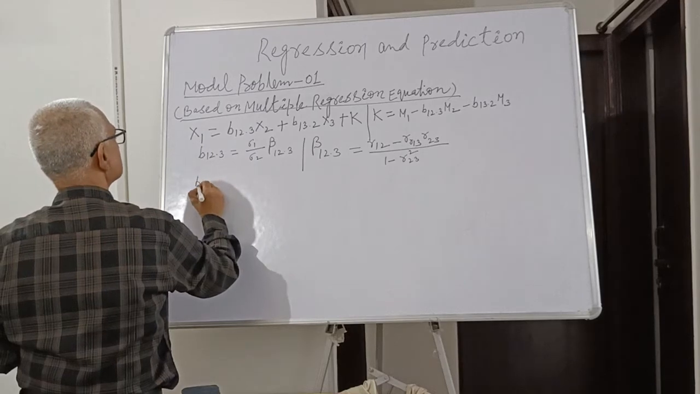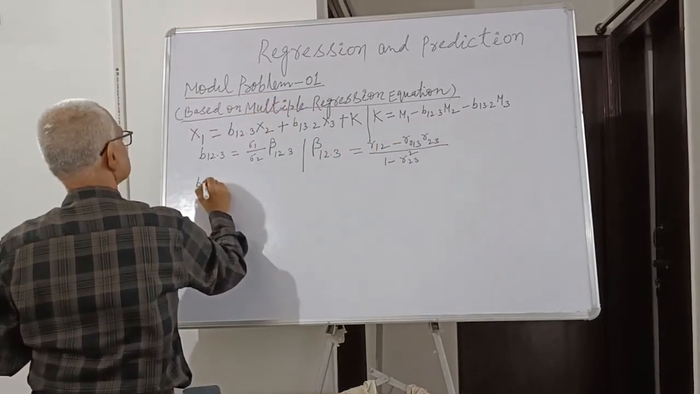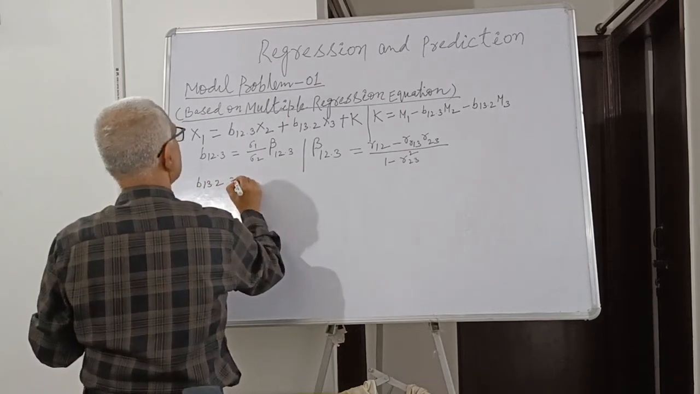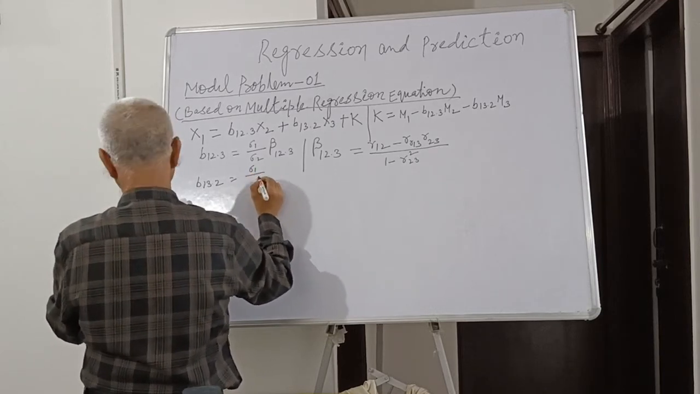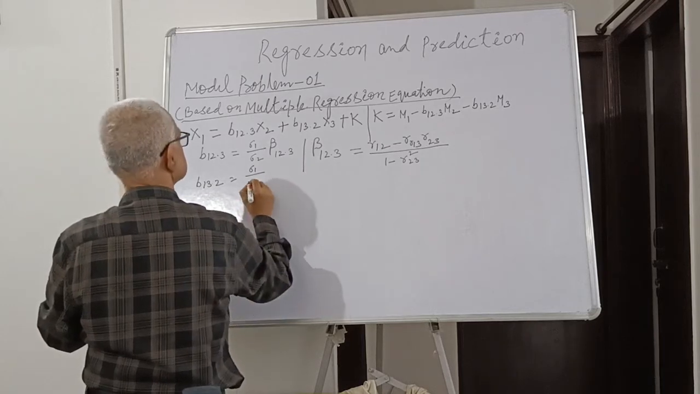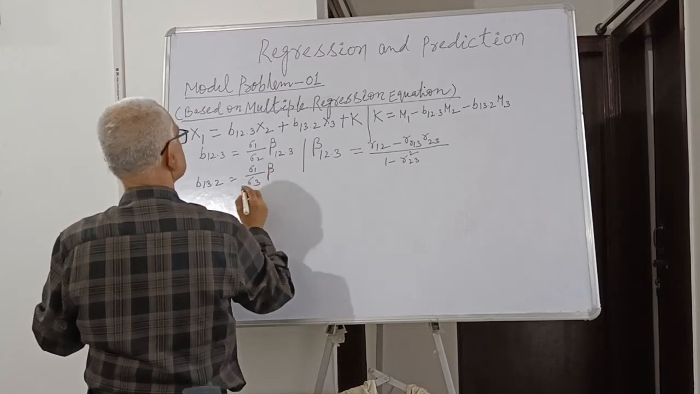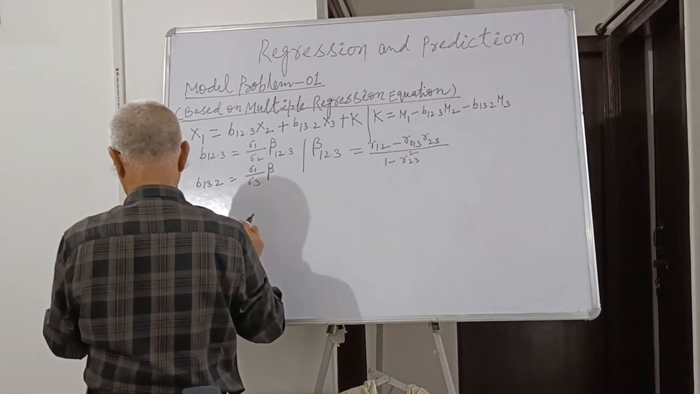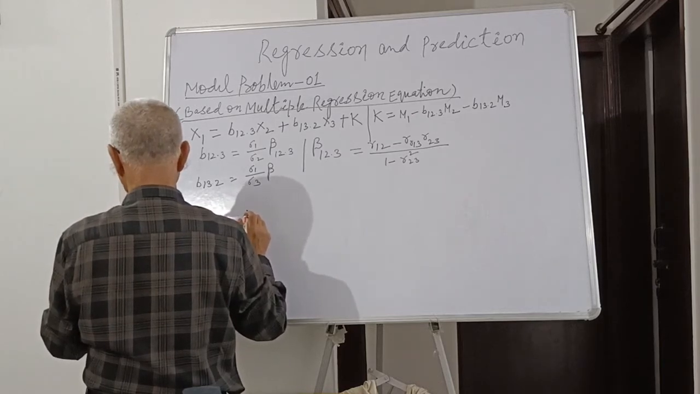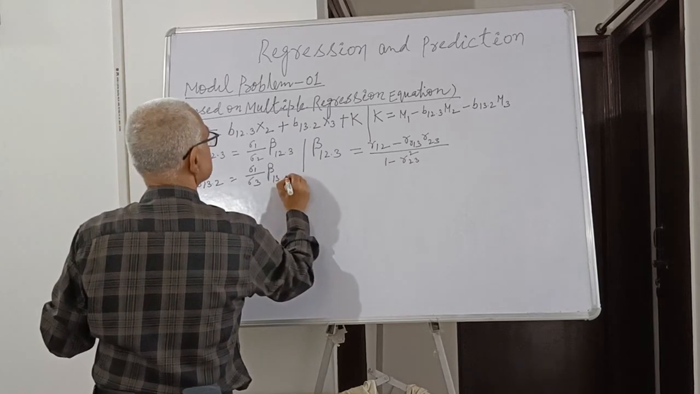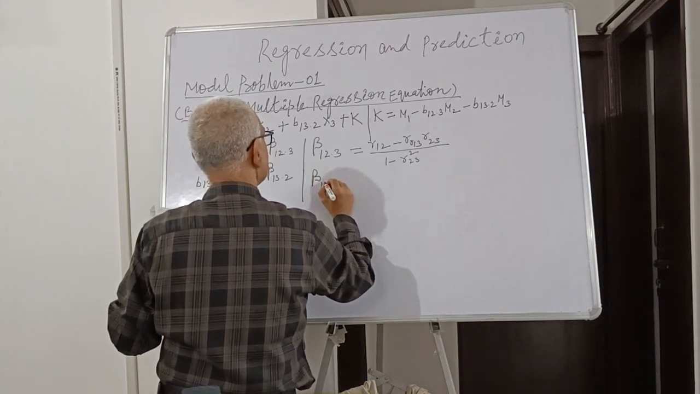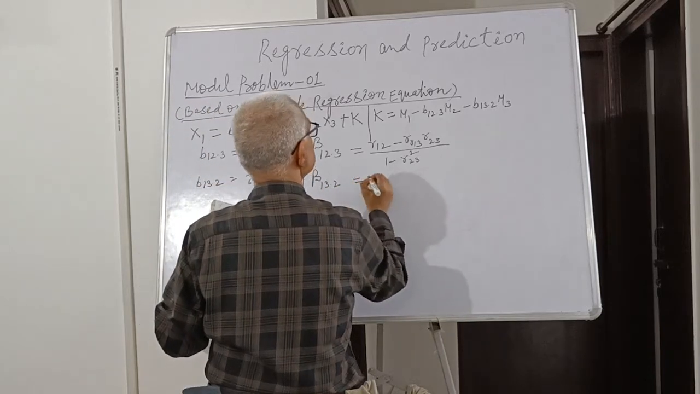In the same way, when we have to find the value of beta 13.2, it will be sigma 1 divided by sigma 3, and then beta 13.2. Again, we have to know how to calculate the value of beta 13.2, which is simply like this: